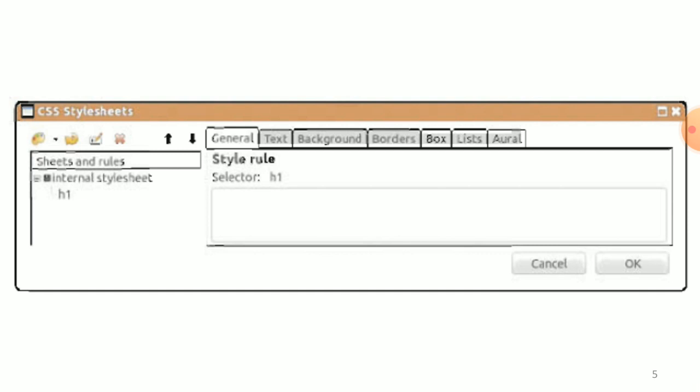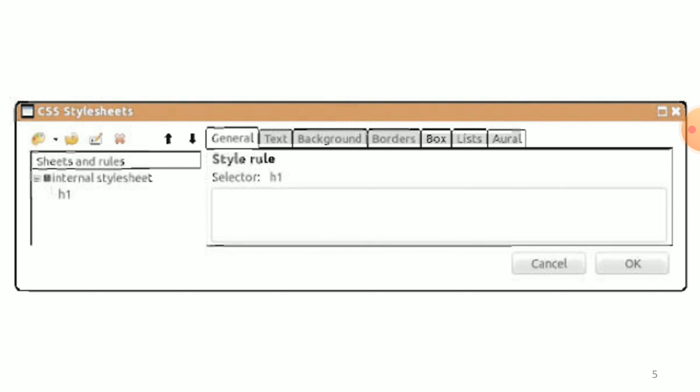On the right side of the window you will see various tabs like the General tab, Text tab, Background tab, Borders tab, Box tab, List tab, and more. Each of these tabs can be used to give a specific style to the elements, but not all the tabs may be applicable to the selector for which the style rule is created.